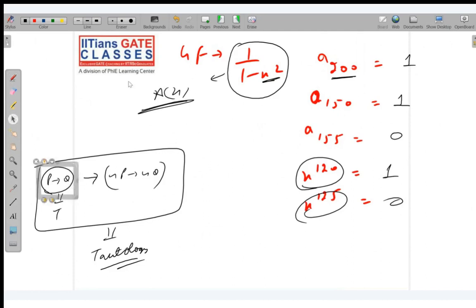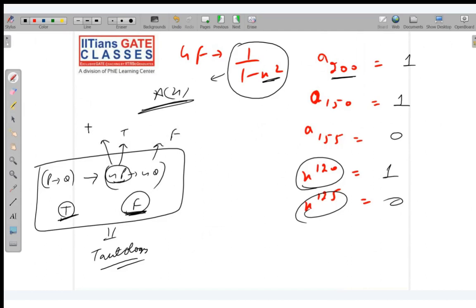So (P implies Q) implies (not P implies not Q). If you want to check whether it is a tautology, you try to make the first part true and the second part false. If you are able to make this true and this false, then it is not a tautology, and you won't be able to conclude that. Which is easy? Making this true is difficult because you have to consider 3 possibilities. Making this false is very easy. So you consider this as true and this as false. Not P is true, that means